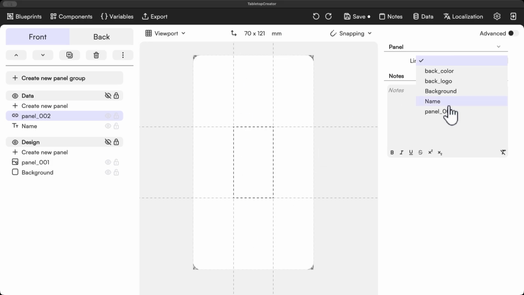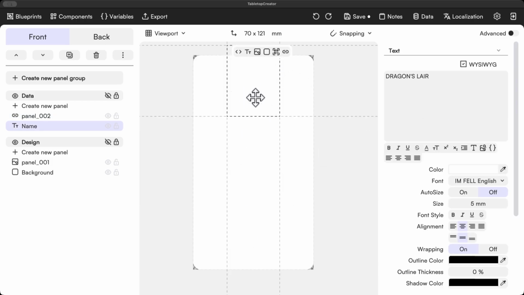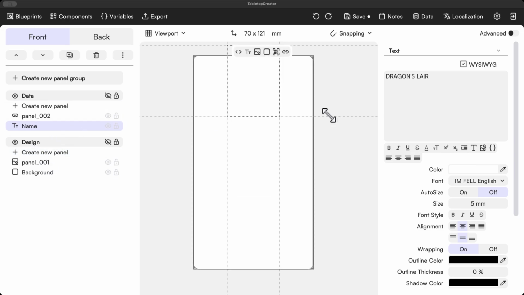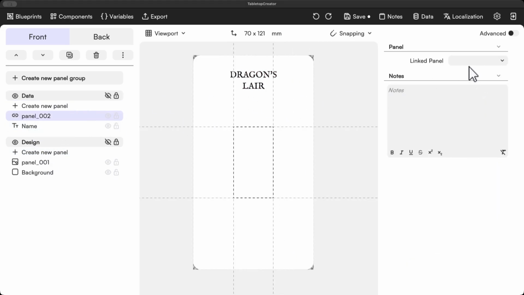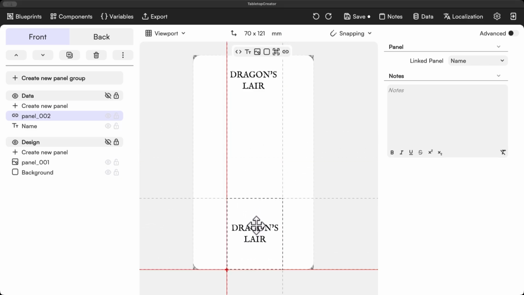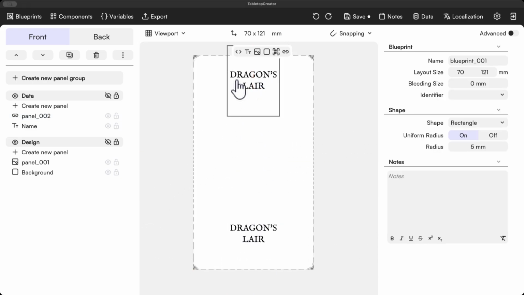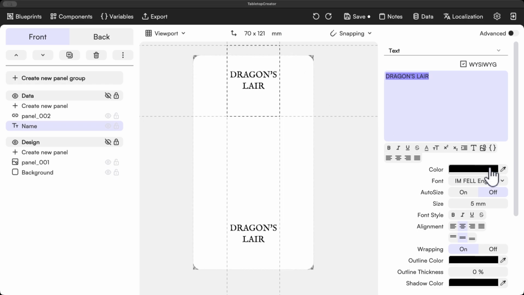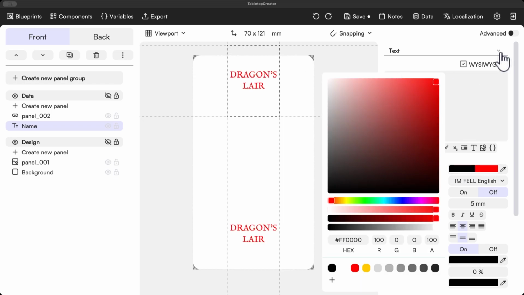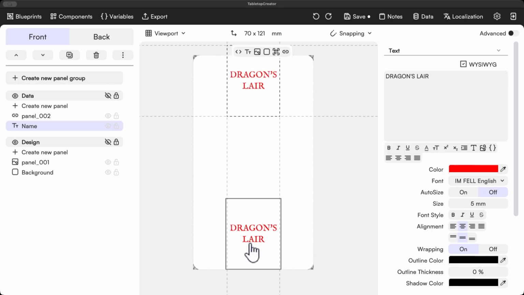For example, if I wanted to have the name two times in my card design, imagine I wanted it to be here and also down here. Let me change the color to black so you can see it. I basically would have to select the name in the link panel. And as you can see, I just created another panel with the same info. The thing is, they are not different panels, because if I make any modification in the original panel, like for example, let's say I want the color to be red, it will also change in the link panel. That's quite a useful feature, if you ask me,